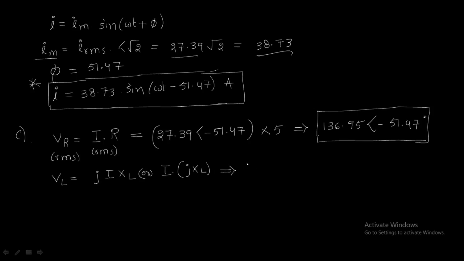If we substitute those values, this is j into the current value 27.39 at an angle of minus 51.47 into XL. We already found the XL value is 6.28 in the previous slide, and we will get VL equal to